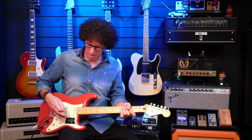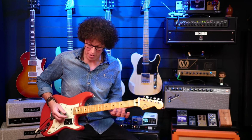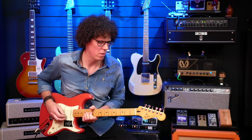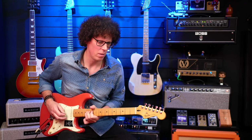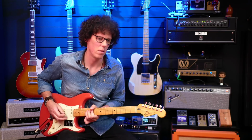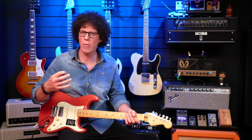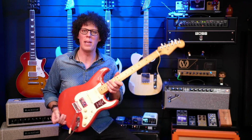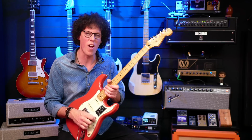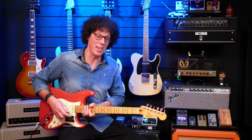So I think the neck pickup position might be my favorite sound from the guitar. It's full and round without being too dark, so normally neck pickups are quite dark. This one is still retaining its brightness. And that humbucker at the bridge, well...